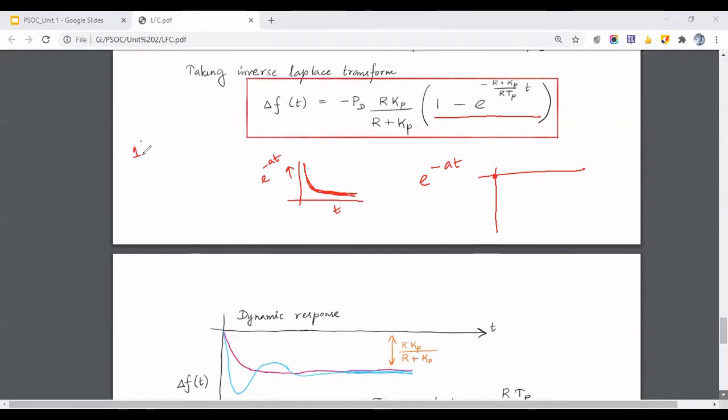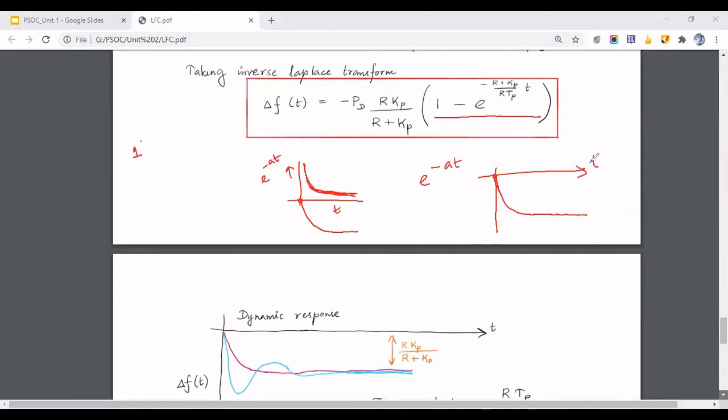So when the initial value is 1, 1 minus 1 is going to be 0. So your curve is going to follow the same pattern, but it's going to start from this point. So it's 1 minus, right? Let me start from this point, and I have the same pattern reflected along the fourth quadrant of the